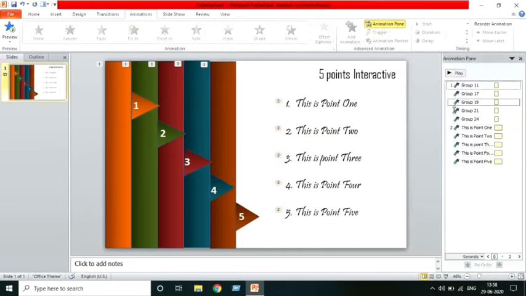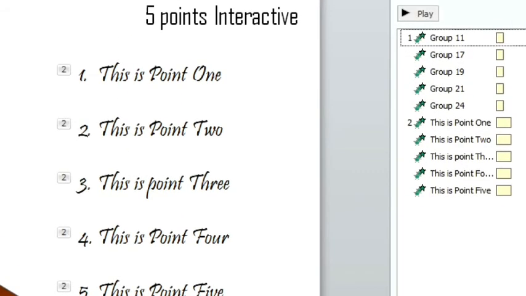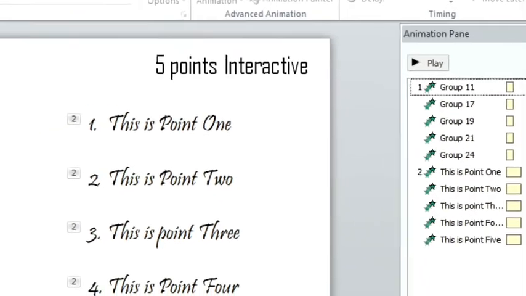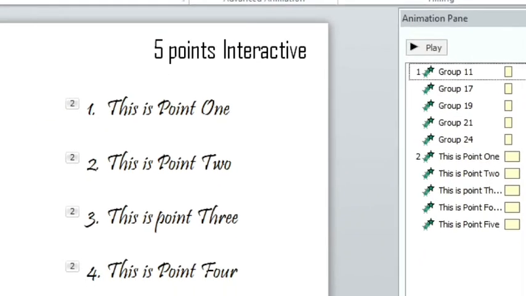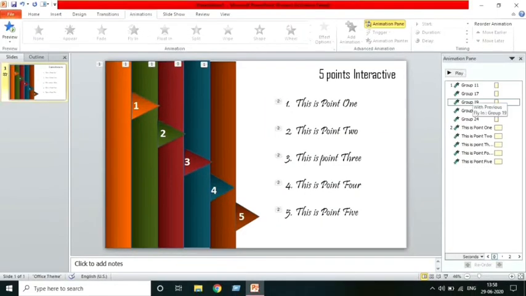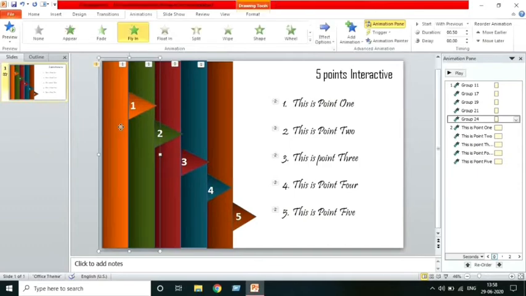So here you can see all these animations over here. These are all our animations. These groups are for our graphic, and this is our content. This is point 1, this is point 2, likewise. So now what we simply need to do is, let's click on this first one.